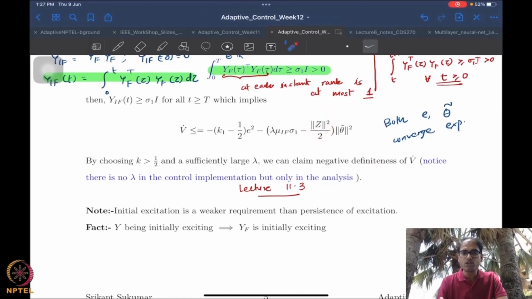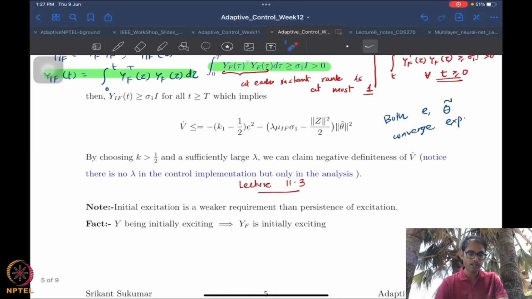So what does it mean, dominated? How do you talk about boundedness? This is a sort of cyclical question. It works fine, not a big issue. If you choose a large enough lambda to begin with, then this is a nice negative term. So V dot is negative semi-definite, V is non-increasing, therefore states are bounded. From that, you get some bound on the states, and from that, some bound on the z.